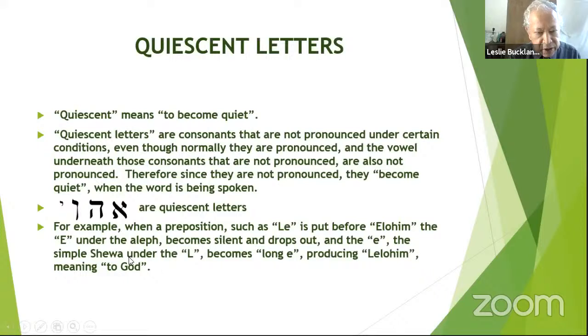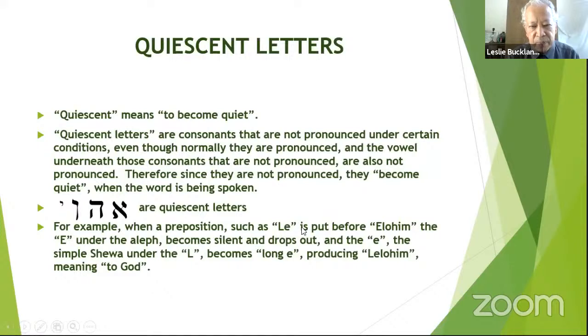The simple Shawa under the Lameth becomes long E, producing Lelohim, meaning to God. Let me do that one again. The preposition le is a preposition that means to. Le is translated as to. It consists of the Lameth, which is our English L, and the simple Shawa is under the Lameth, one dot